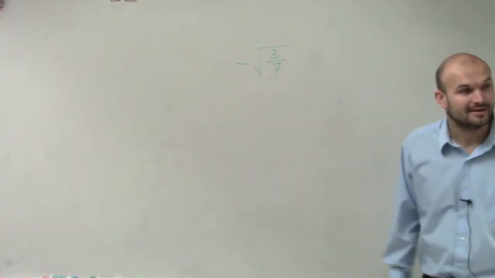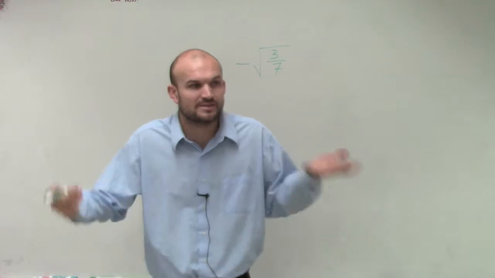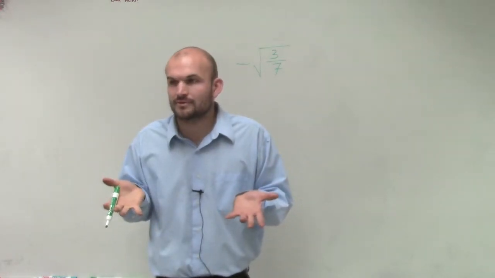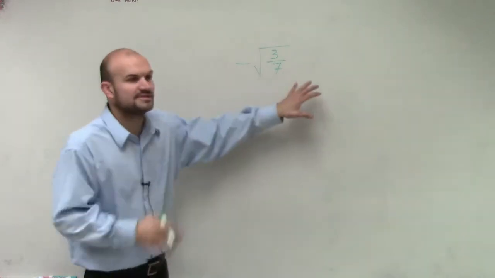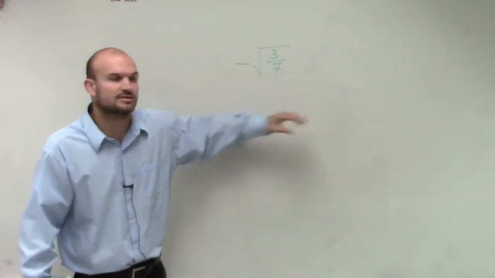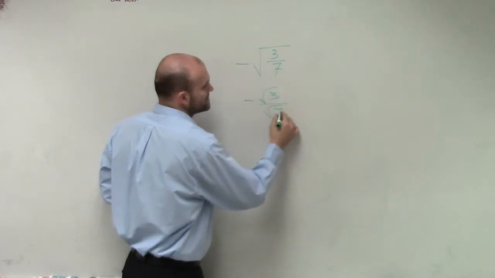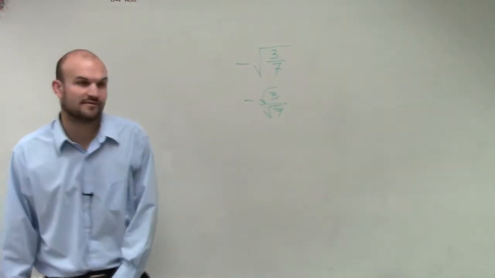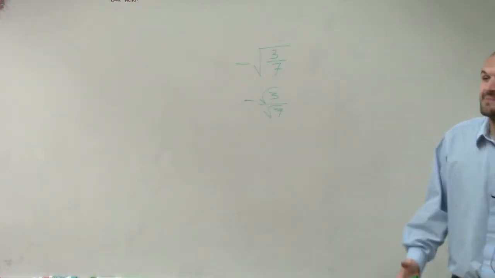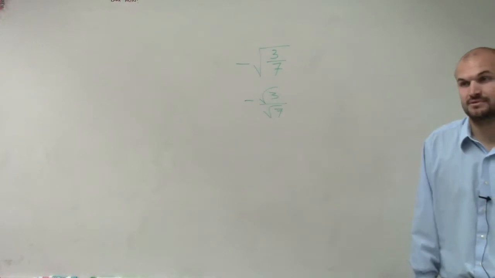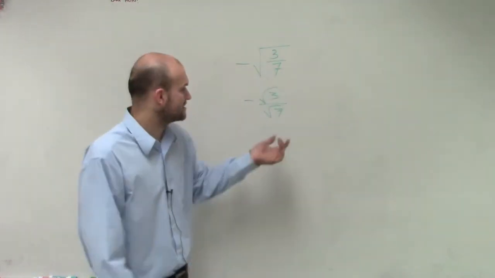All we're simply doing is, when you're looking at this, you're just applying our quotient. Remember we said the radical property? Remember, this distributes over division. So I have negative square root of 3 over the square root of 7. Now, are square root of 3 and square root of 7 square numbers? No. Can we take the square root of them? No. Can we break them down as a product of two square numbers? No. So the only thing we need to make sure we do now is to make sure that we now